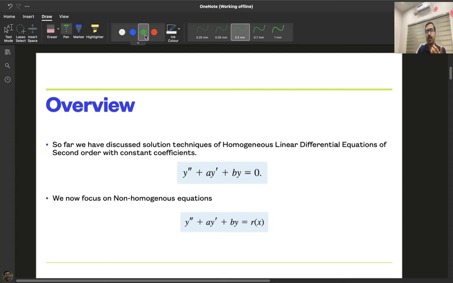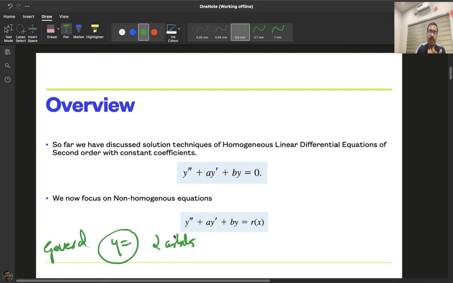As I told you, we are trying to find a general solution of this equation. We know that the general solution of a second order equation should contain two arbitrary constants. So we need a solution which contains two arbitrary constants. I hope it is clear. So how to find it? The theory is not required for you, but still I will tell you how they are going to do it.